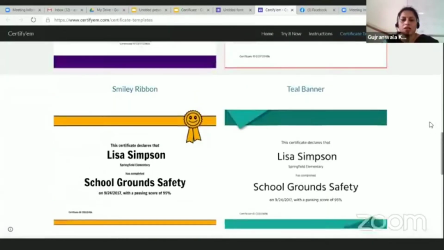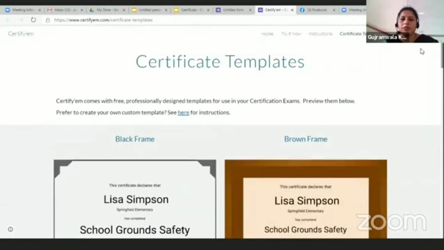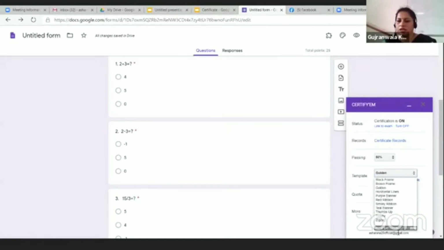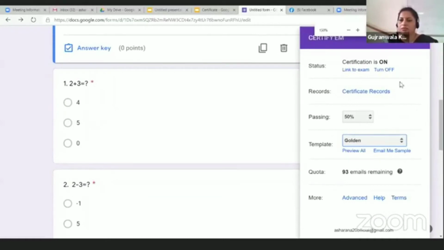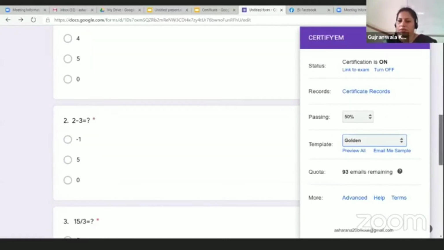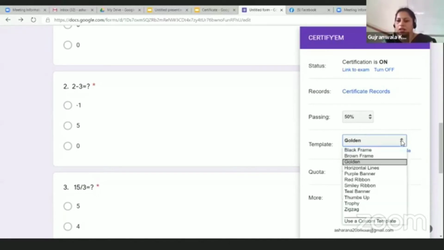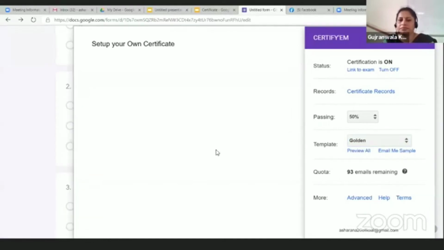You can use it. You can select any of these, but we have created a certificate, so I don't want to choose it from there. Use a custom template. Let me show you, I'm just maximizing my window. So here, see right hand side, custom template. Select a new file.